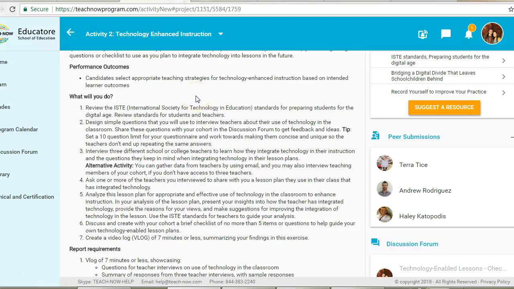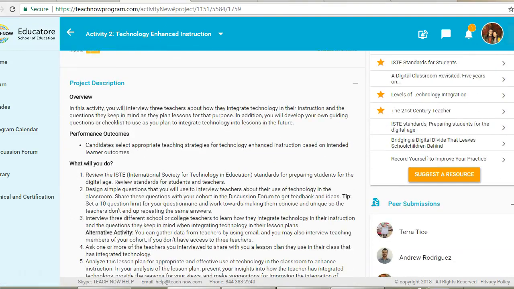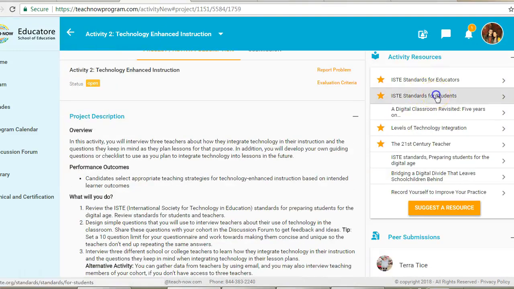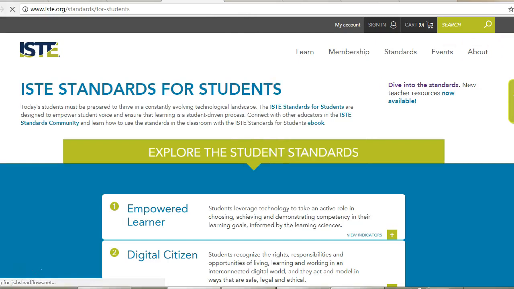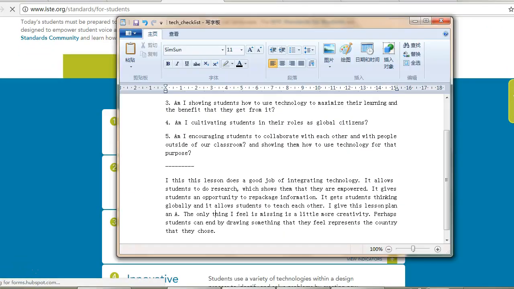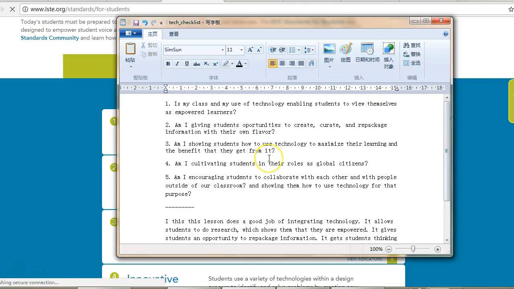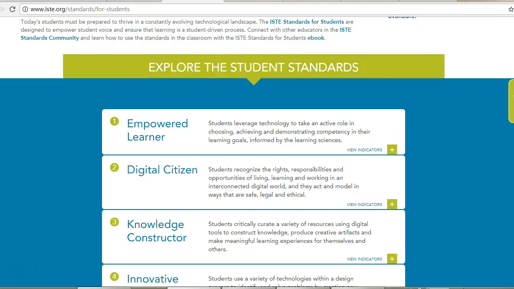Anyway, so today we're talking about technology in education. Let's start off with standards. I found that the standards for students were the more useful of the standards. In fact, I made my questions. We'll get to this later, but here are some questions about whether you are effectively using technology. For example, is my class and my use of technology enabling students to view themselves as empowered learners? So these questions are based on the standards